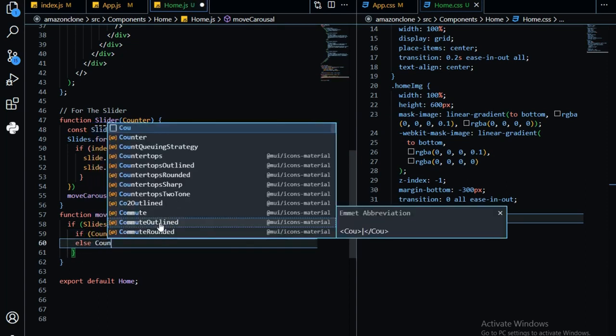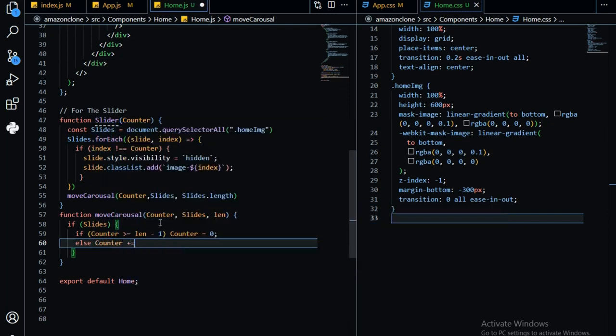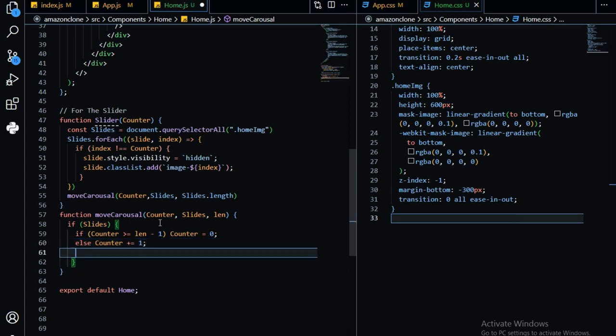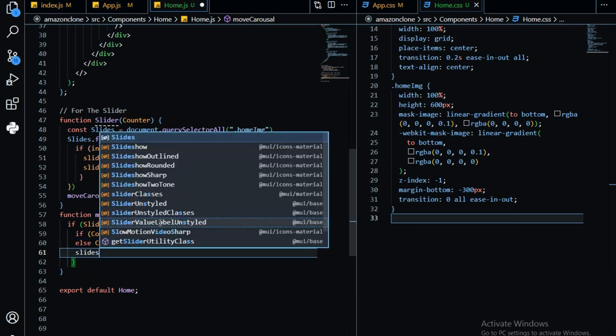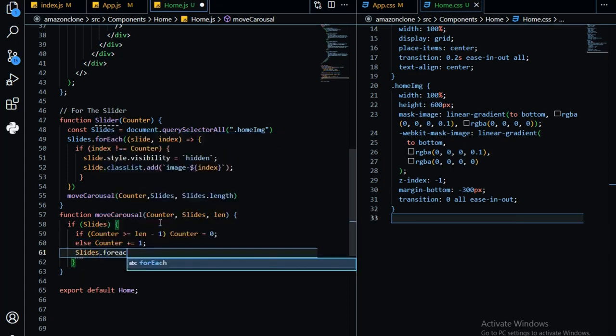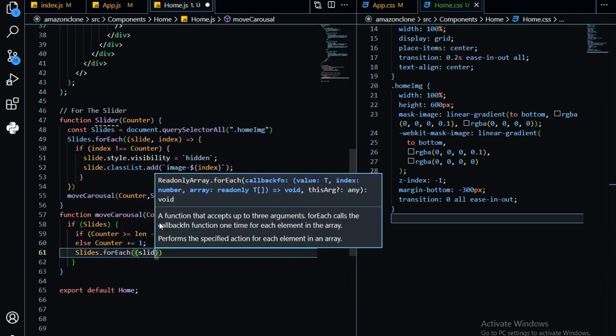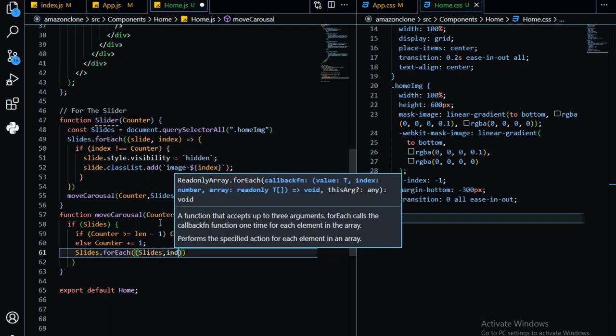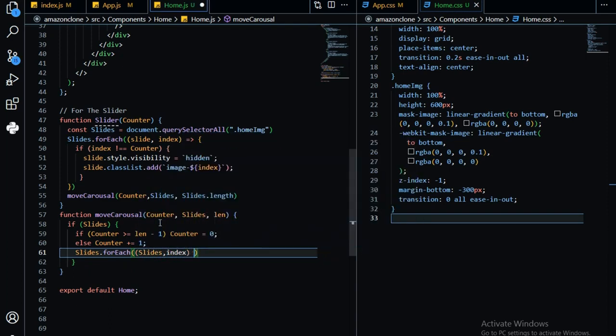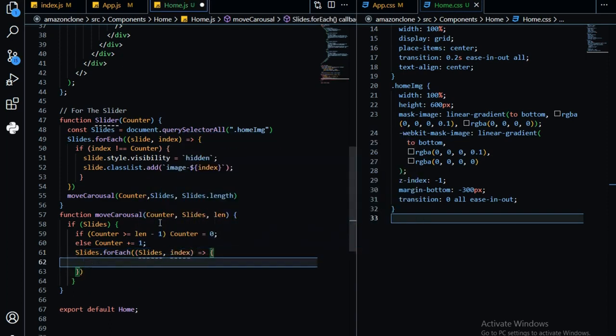Else just increase counter by 1. And after that I'm going to do slides.forEach, and inside it I'm going to pass slide and index and an arrow function. If index is triple equals to counter, then